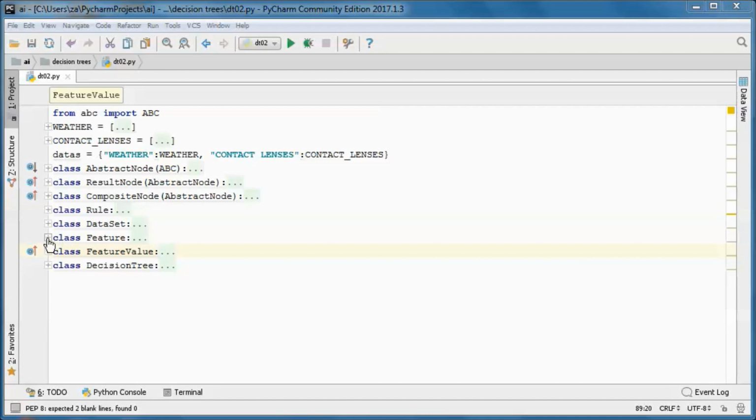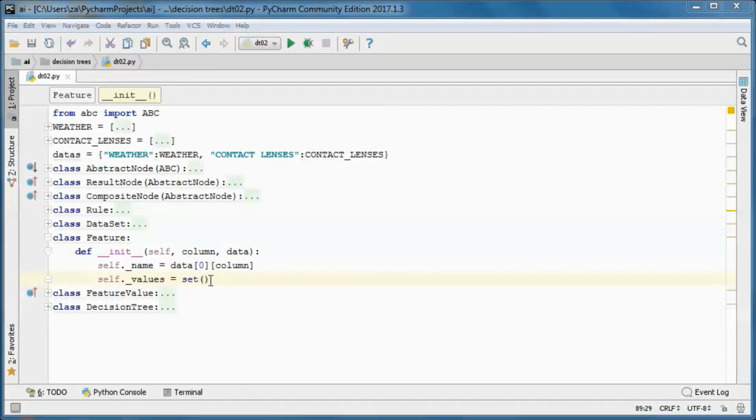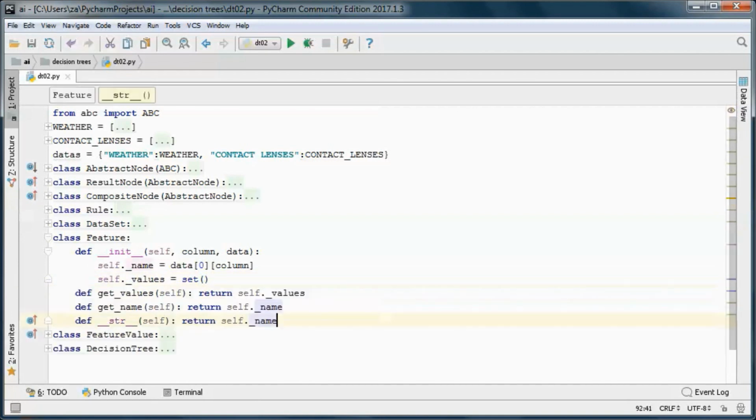And a feature will have also a set of values, and get methods for the name and the values, and the toString method will return the name of this feature.